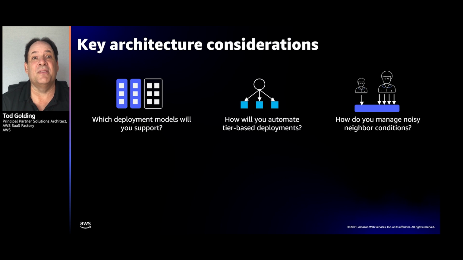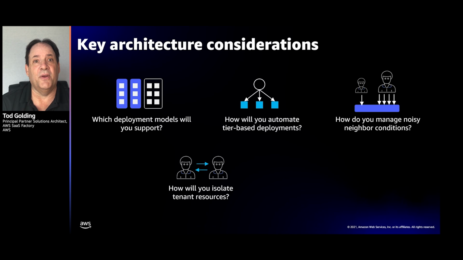Now, the other piece we're going to look at is this noisy neighbor scenario. Even in serverless environments, there's still a potential for you to have noisy neighbor conditions. And so we had to think about, well, what strategies would we use? How would we build our serverless SaaS reference architecture in a way that would limit your potential to have noisy neighbor and manage that noisy neighbor experience on your own?